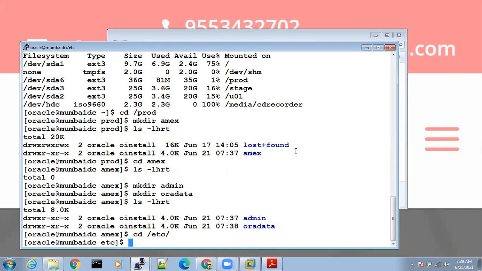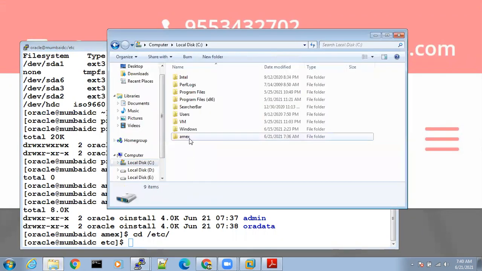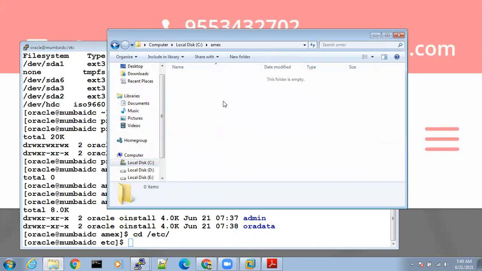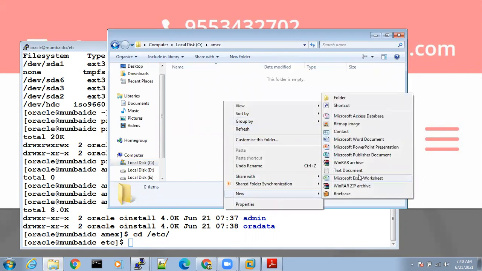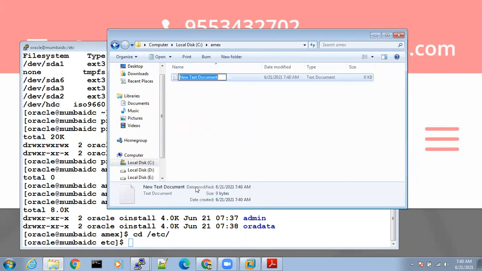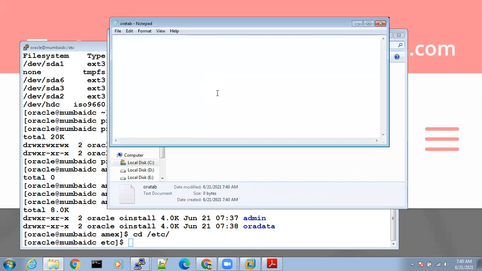Okay, as I told you, in Linux everything we will use commands only. Using commands only we will do it. Now, I'll tell you first in Windows, then I'll go to Linux so that it will be very clear for you. Now, what are we doing when we want to type something, for example, inside MX or anything? I want to type something. So what I'll do, right click, new text file, and I'll make this document name oratab. And inside oratab, I want to type something like this.